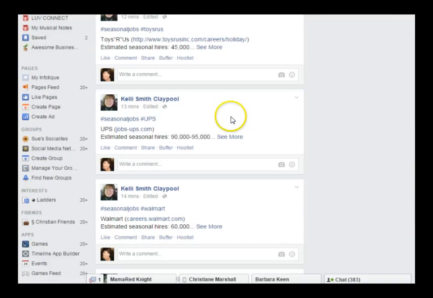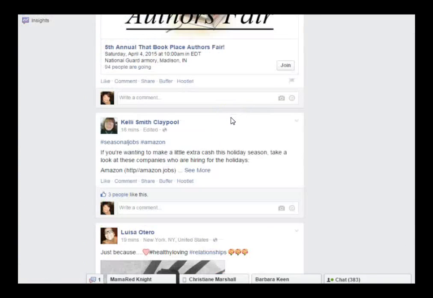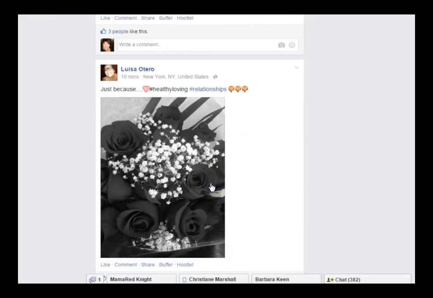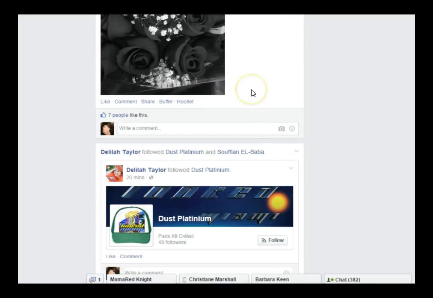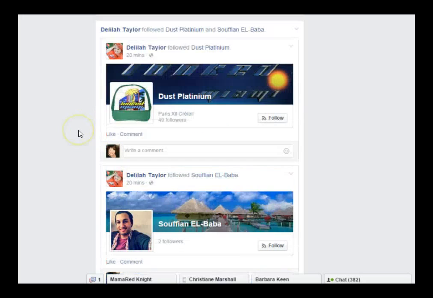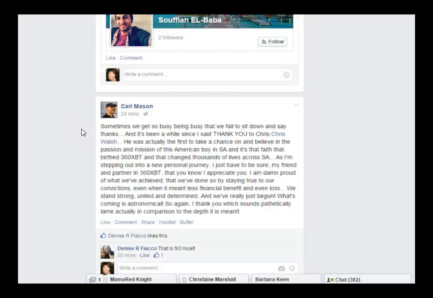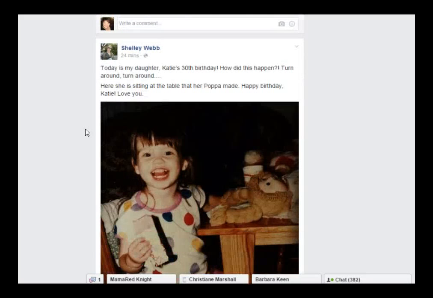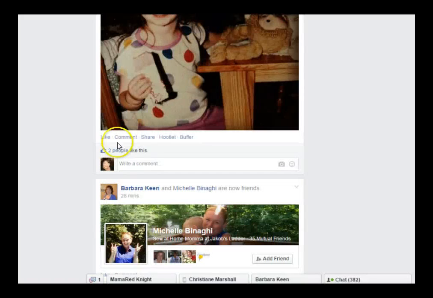Do I only have one friend in there? No, she just posted a lot of different stuff. So you just click on the list that you want to interact with, and all of these people you put on the list, their posts are all going to show up in that news feed. So it makes it much easier to just go see what these people have posted, and if you want to like, share, or comment, this is the place and the easiest way to do it. So I'm just going to quickly put happy